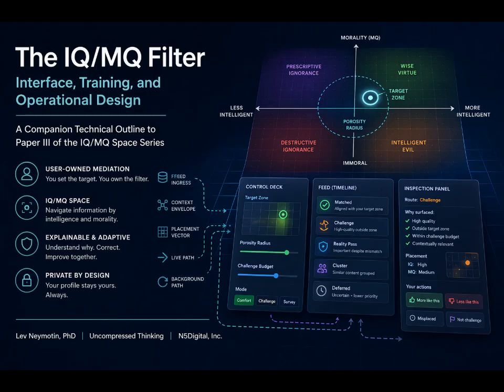Think about the implications. If your trained profile, your exact tolerance for nuance, your specific intellectual metabolism, the thousands of micro lessons you've patiently taught your drift governor is an exportable encrypted file that you truly own. Right. What happens when you plug that identity into entirely different digital realities? Imagine carrying your cognitive immune system with you, whole and intact across the entire internet. It changes everything. You plug it into a new social network, a research database, or a spatial computing environment, and the world instantly reshapes itself to match your capacity for signal. What does the web look like when the user finally holds the keys to the filter?